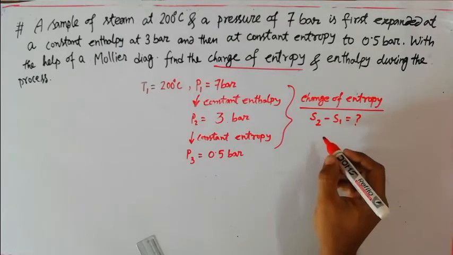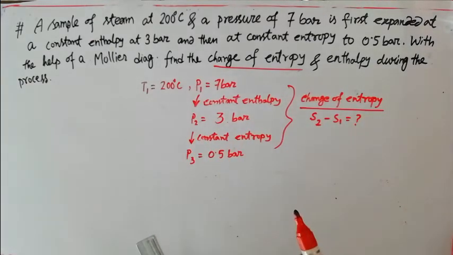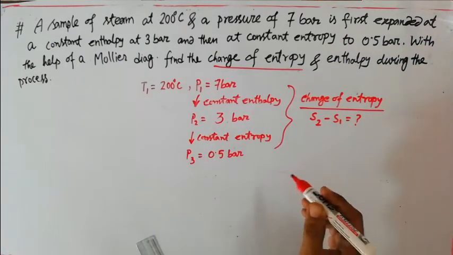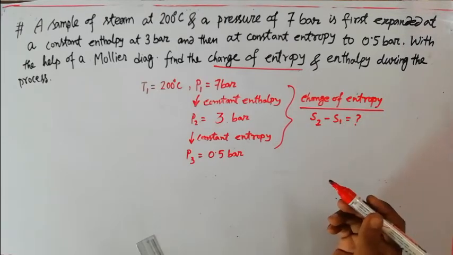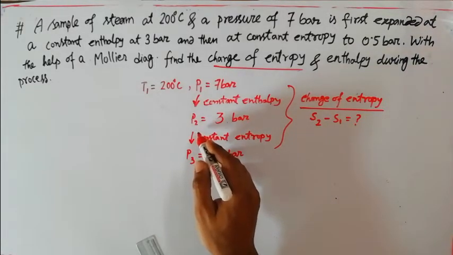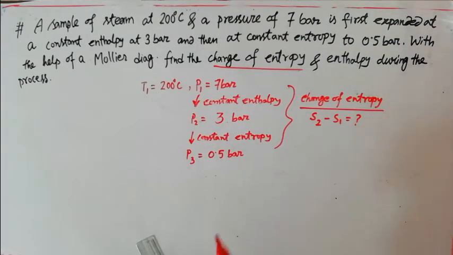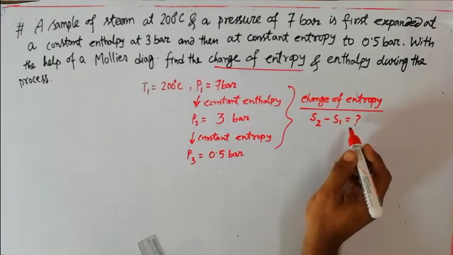Okay, but during that, obviously the entropy is increasing with the increase of temperature, and while the expansion process is going on, the temperature will also increase. So according to the temperature increment, entropy will also increase, and enthalpy as well. So state point 2 entropy will be higher compared with state point 1 entropy, and for enthalpy you can repeat the same. State point 2 enthalpy will be higher than state point 1 enthalpy. That's why I have written S2 minus S1 instead of S1 minus S2.